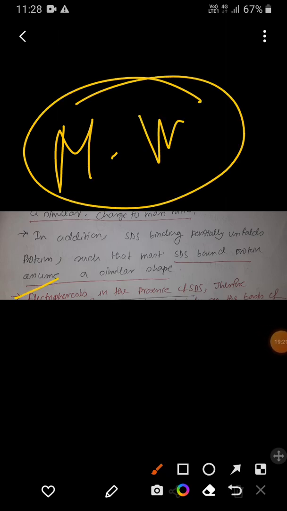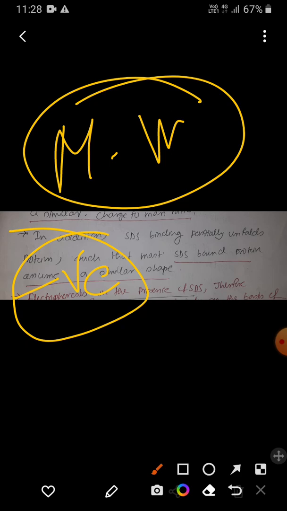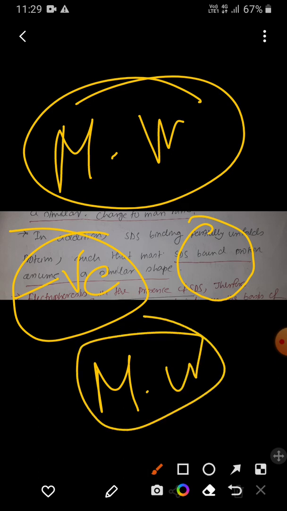That means during electrophoresis in the presence of SDS, it allows the separation of protein on the basis of only the molecular weight, right? Because it makes all the proteins nearly negatively charged. Okay, it also makes all the proteins of similar shape. So there is one category left by which we can separate our protein, that is molecular weight. So that is why in the case of SDS PAGE electrophoresis, proteins are separated on the basis of their molecular weight,